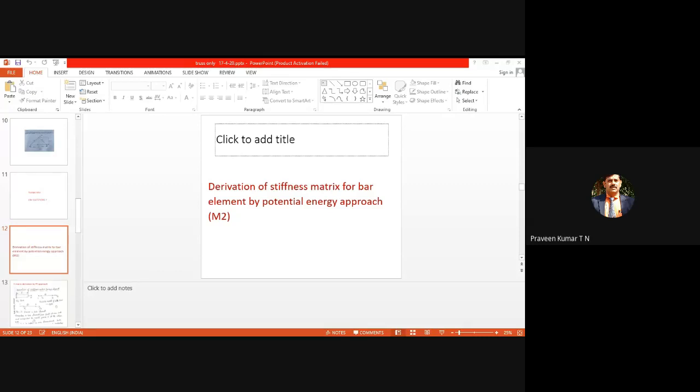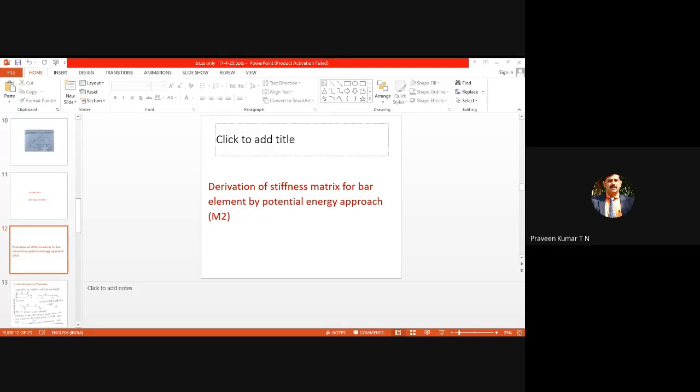When you come to bar problems, the field variable is the displacement. When you come to heat transfer, the field variable is temperature. In the finite element method, you are going to find the temperature at different nodal points. Once you know the temperature, you can find the heat flow rate or heat flux, everything. So we have KQ = F. That equation you are using in almost all chapters, almost all elements.